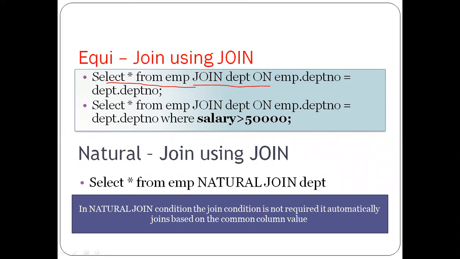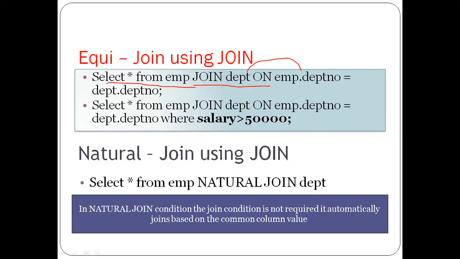Now the join keyword here, join department, on which column, on emp dot dpt number. This department will be joined with the dpt number, equal to this. So you can write the join keyword with on, and that is just like an equijoin.